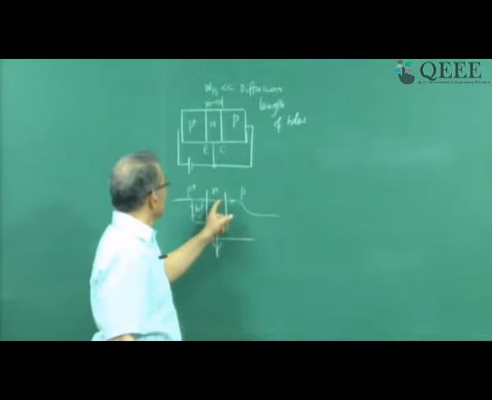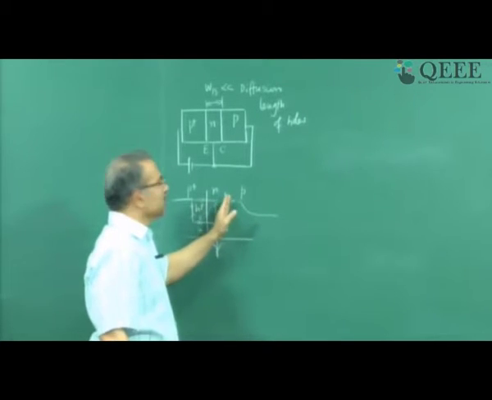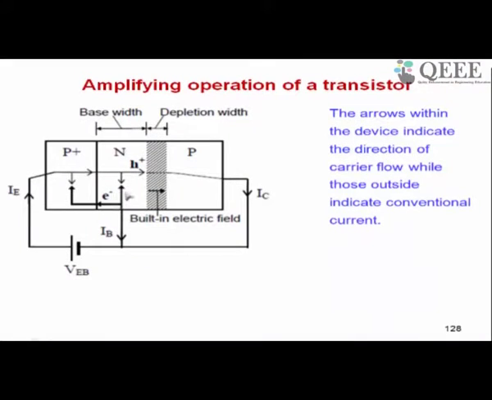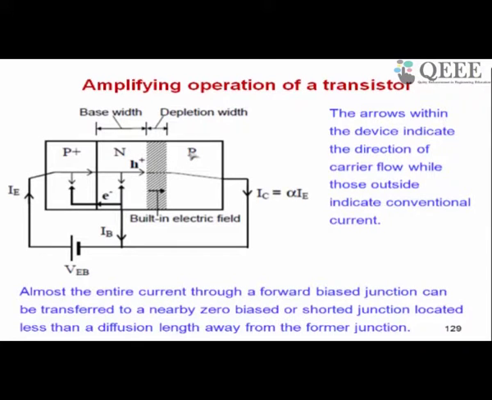Now you will ask, how can they cross over across the junction? Will the junction not prevent it? Now this is what is clear from here. Please see the direction of the built-in field. You know that from our discussion of the PN junction, even if the junction is zero biased, there is a built-in electric field, and that is directed from N to P because of the space charge region. So this direction of the electric field is such that it will move the holes from left to right, and that is how the holes are able to cross over from the base to the collector. So that is transistor action.